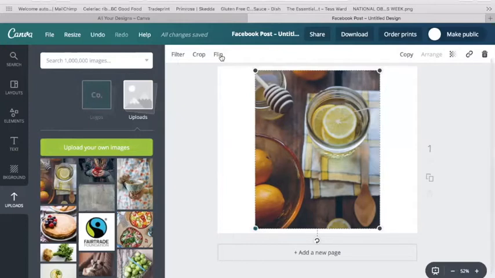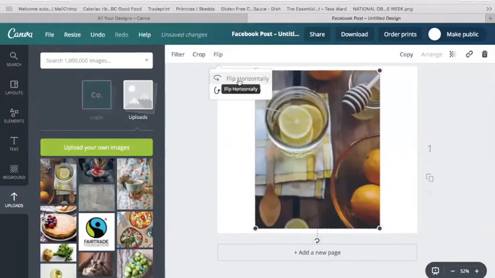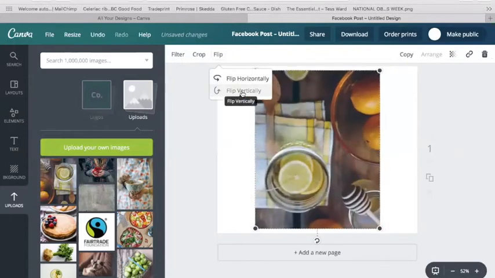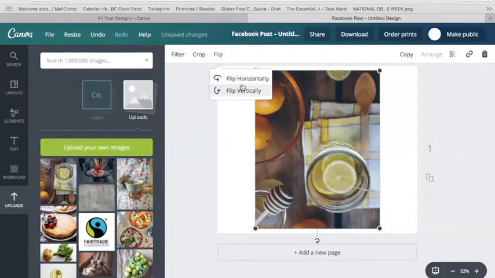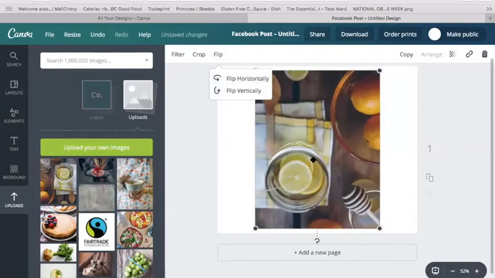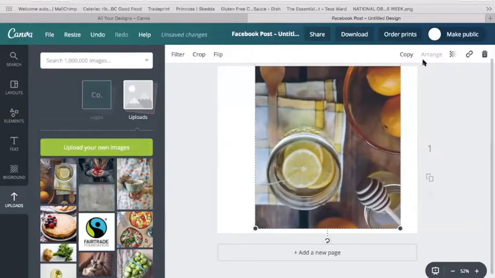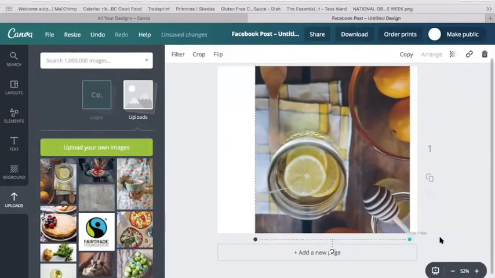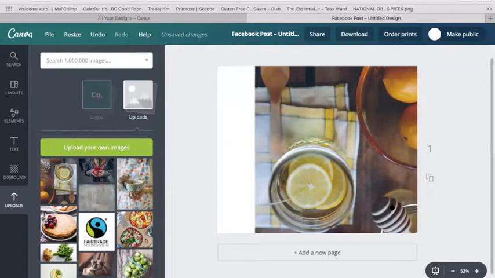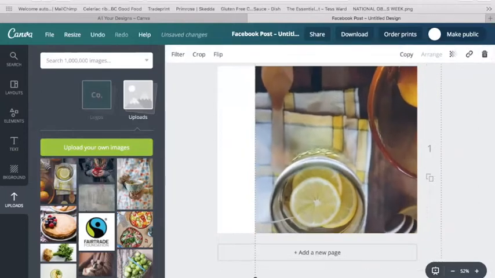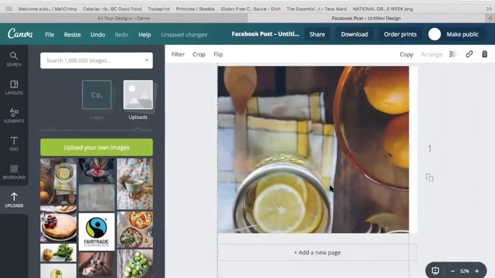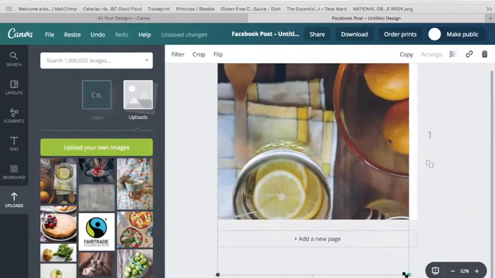What I could do, if I wanted to, is flip it so it goes the other way around. I could flip it so it's upside down if it doesn't suit me. So you can have a little play around with that. So there it is, back to normal. So I'm just going to go ahead and stretch, stretch, stretch. Stretch, stretch, stretch, because I'm going to want it. I'm going to make sure, oh look, it's not quite done it there. I'm going to want to make sure that it absolutely